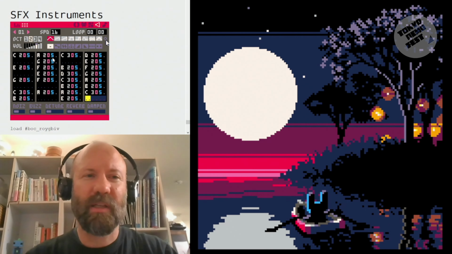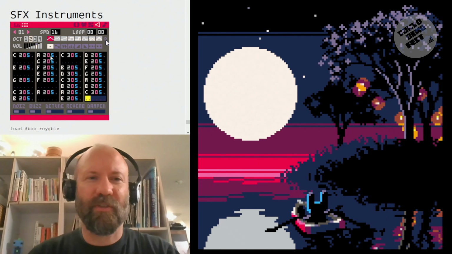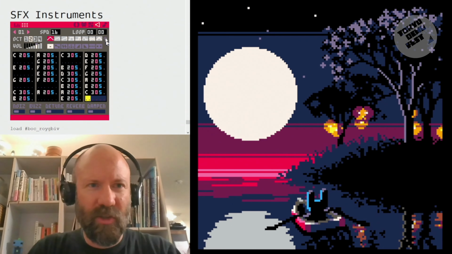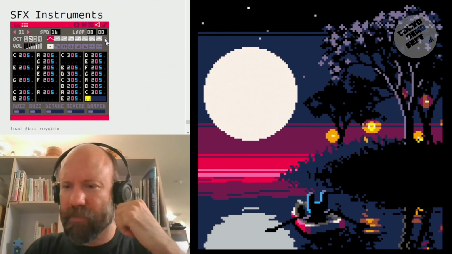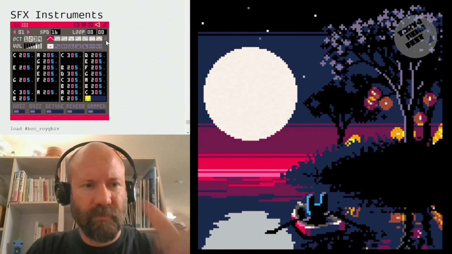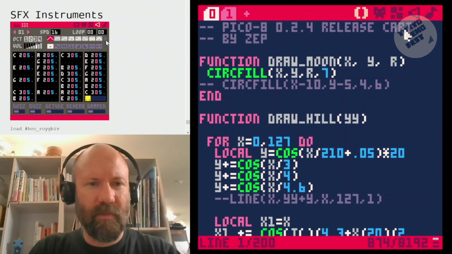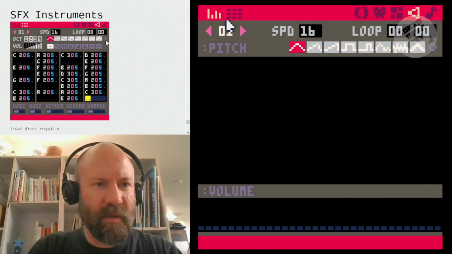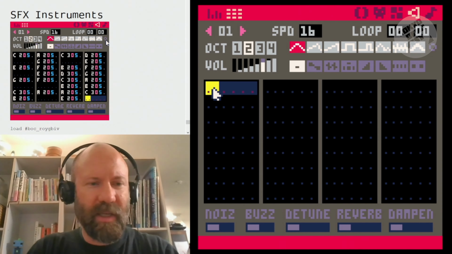Another way that I hid things in Pico 8 is in the interface. There's this little tiny button you can use to make SFX instruments, which, let me give you an example. So if I write a baseline